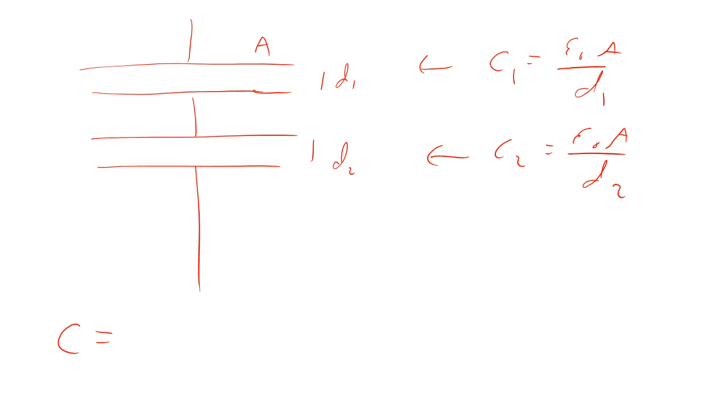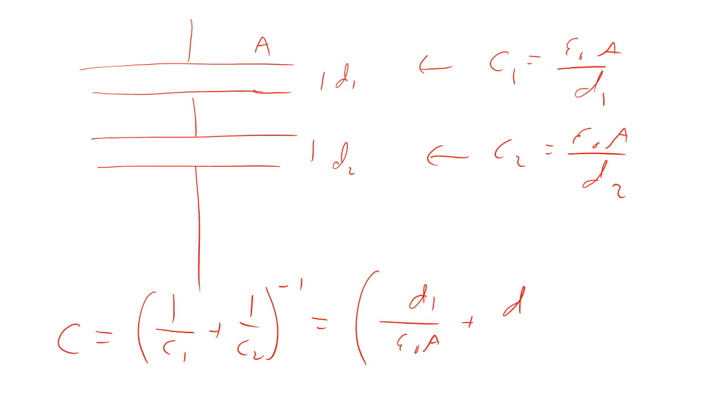So the capacitance is going to be 1 over C1 plus 1 over C2, to the minus 1. In other words, that's equal to D1 over epsilon naught A plus D2 over epsilon naught A, to the minus 1. In other words, the capacitance is going to be epsilon naught A over D1 plus D2. Okay, now notice